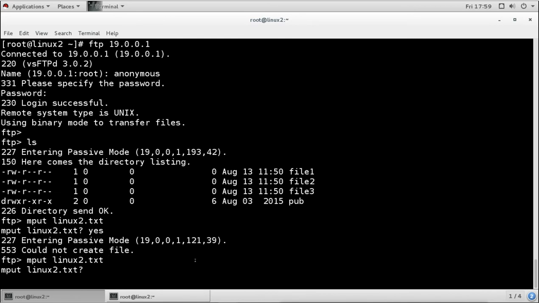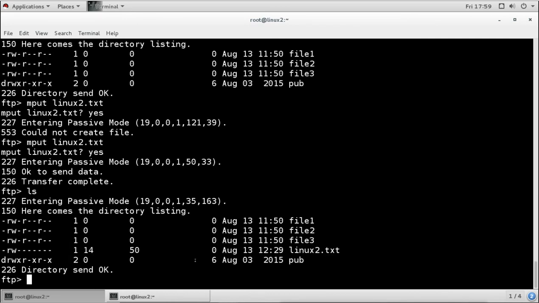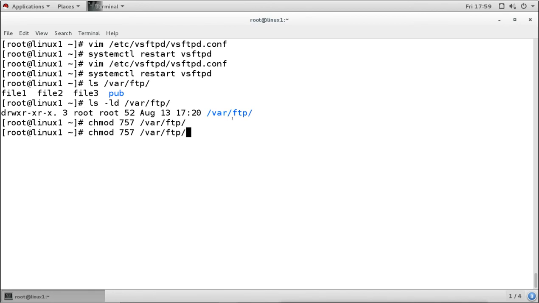I say yes, I'm sure, and now the transfer is completed. That means the file is uploaded there, and we can see the file here, and also on the server. When you go to the server and check the FTP directory, you can see the file is uploaded here.